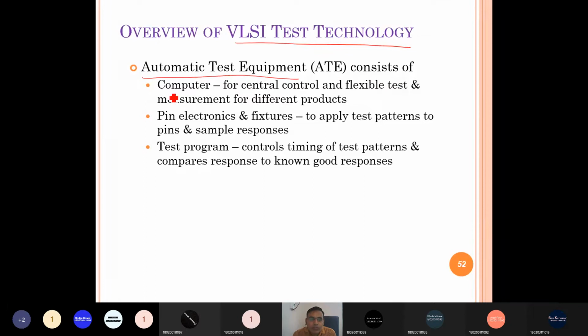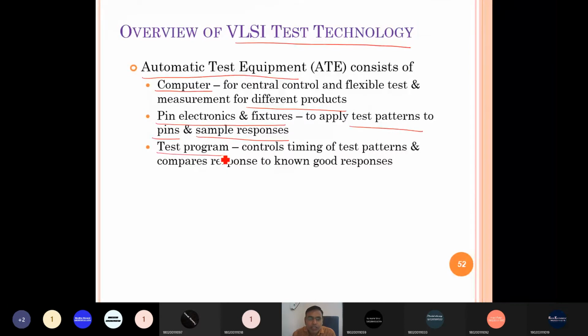It consists first of a computer for central control and flexible test and measurement for different products, and it also has pin electronics and fixtures. The function of pin electronics and fixtures is to apply test patterns to a pin and sample a response. It takes the sample from the output of the DUT.